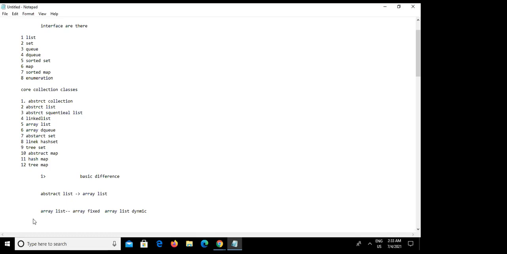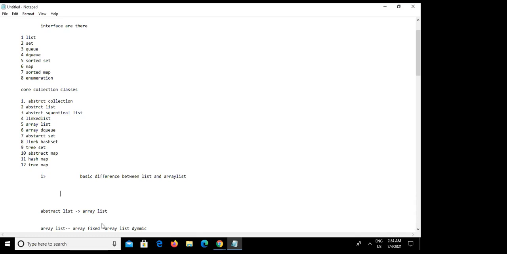Yes, sir, I'm there. What is the basic difference between the list and array list? You guys can tell because you are very much... Tell me, what is the difference between list and array list? The list can contain duplicate items as well as other items. Array list contains only duplicate items. That is different. Don't go into duplicates.